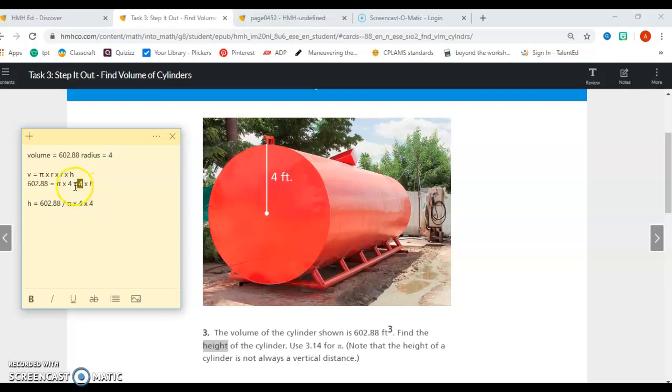I took everything in this formula and I did the opposite. This is all currently multiplying, so in order to move it from that side to the opposite, the other side of the equal sign, I now have to divide. So I have my numerator, 602.88, divided by pi times 4 times 4. And we could put that in the